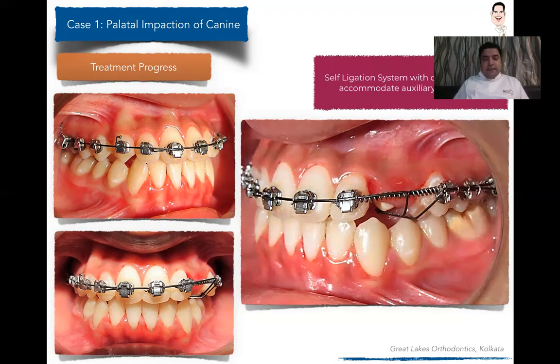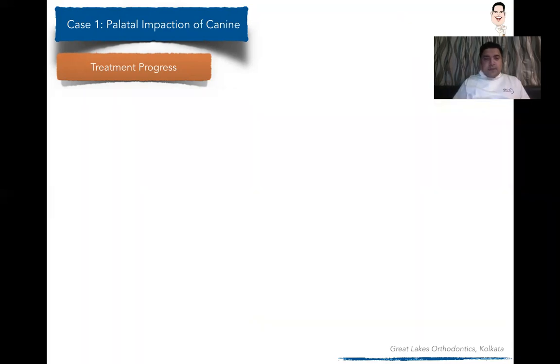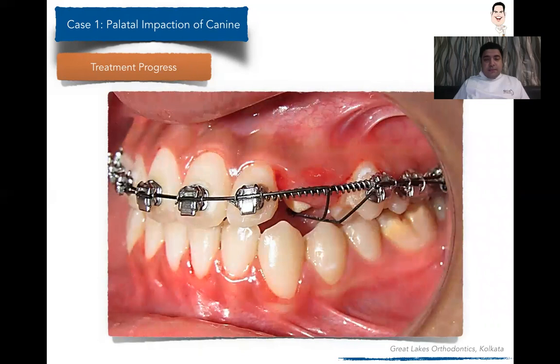And you can see that the gates of the self-ligation system are open here just to accommodate the auxiliary arch wire. So that's exactly how it looks. You can give a ligature tie since you are not able to close it in the case of a self-ligation system. So the next thing that we need to look into is the details of this perspective,